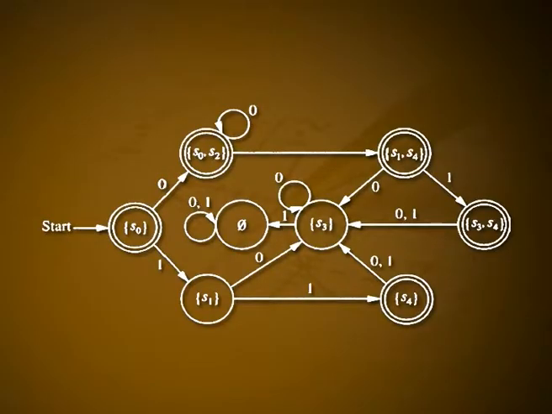The set S0 and S2 goes to set S0 S4 on input of 1 because S0 goes just to S1 and S2 goes just to S4 on input of 1 in the non-deterministic machine, and the set S1 S4 goes to set S3 on input of 0 because S1 and S4 both go to just S3 on input of 0 in the non-deterministic machine. All subsets that are obtained in this way are included in the deterministic finite state machine.